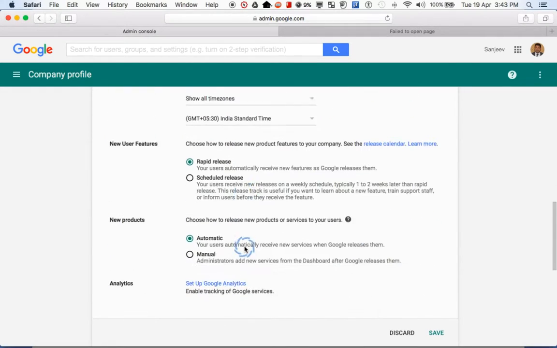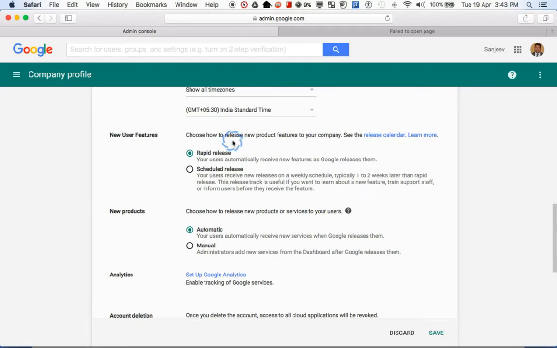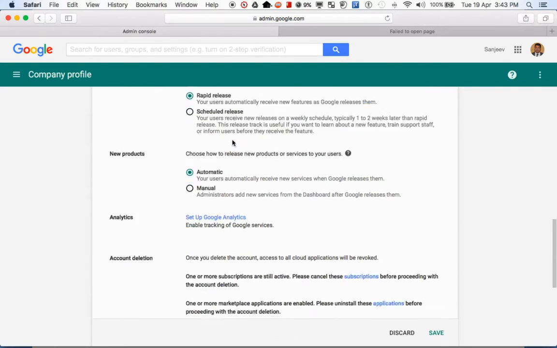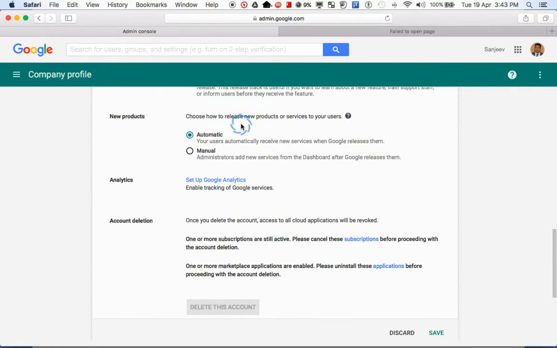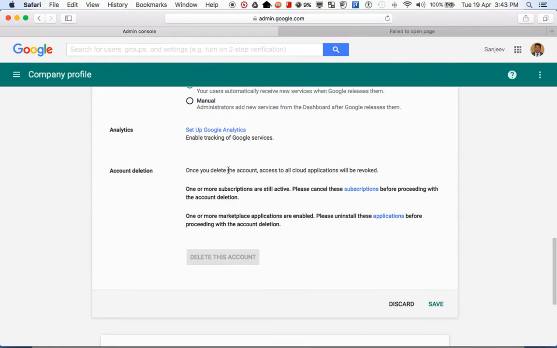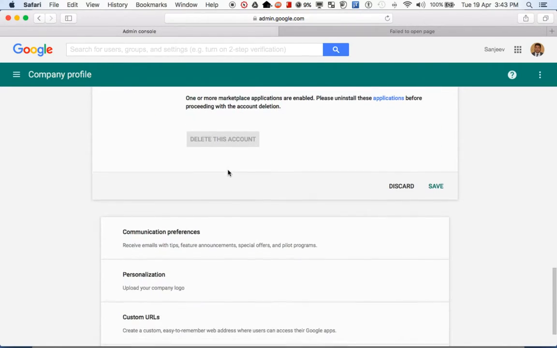You can set the time zone and whether you want any new features to be immediately released or new products to be automatically available to users. So this is about that.